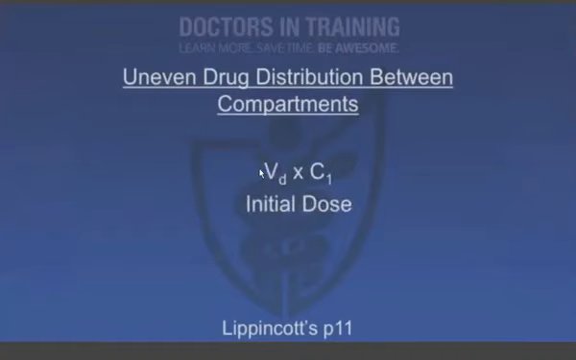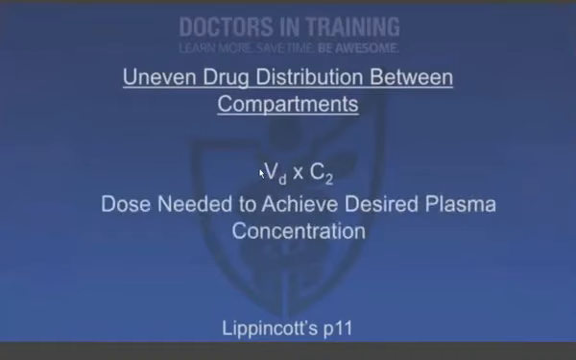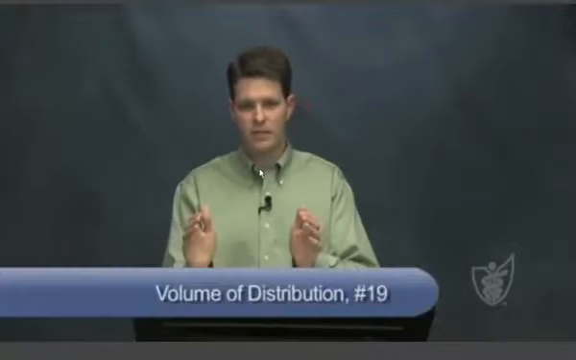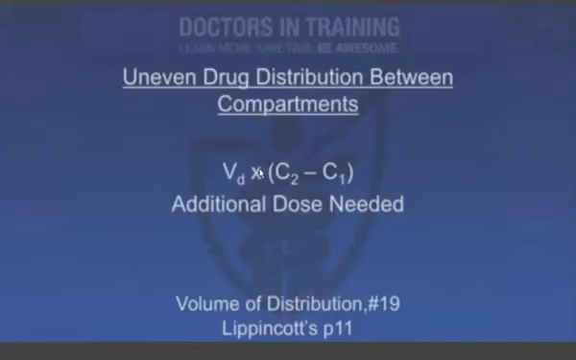The amount of drug that's in the body initially is the volume of distribution times C1. And the amount of drug that you need in order to get to the desired concentration is the volume of distribution times C2. So you do a little algebra on that: you just subtract C1 from C2, and then multiply that times the volume of distribution. And that tells you how much additional dose of the drug you need to give